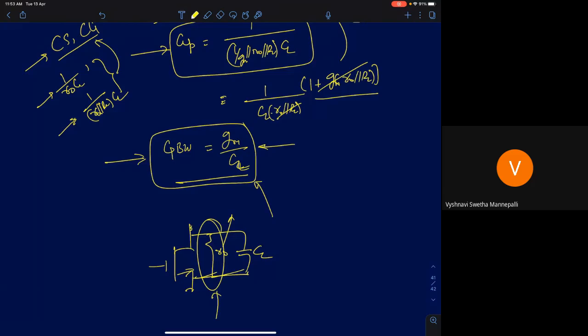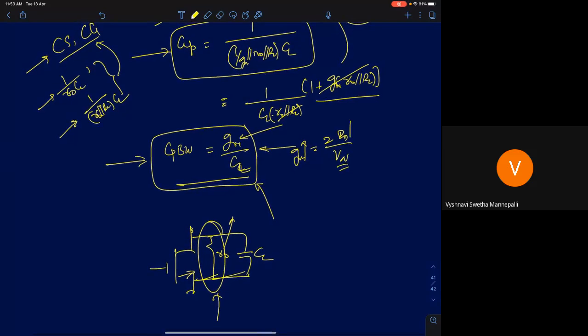Look at this expression. Generally, you don't have much control over load capacitance. Then what will you change? Increase GM, right? That's the other option you have. And how will you increase GM? For a given overdrive, biasing current. For a given overdrive, 2 ID upon V overdrive is your GM. If you want to increase GM, keeping your overdrive constant, then you have to increase your drain current. So that's the way we attain it.